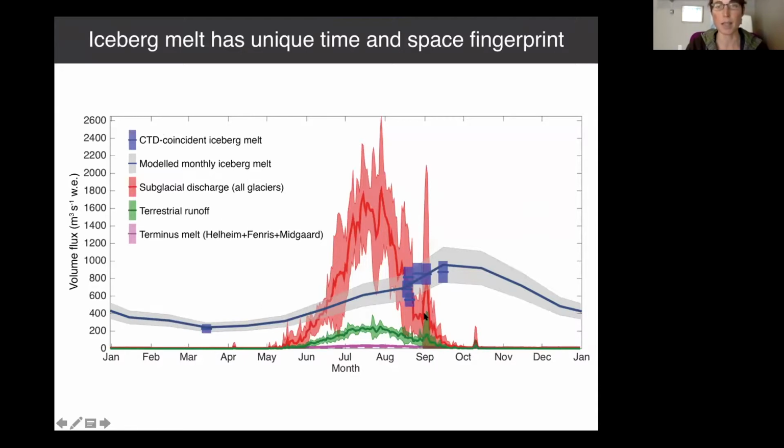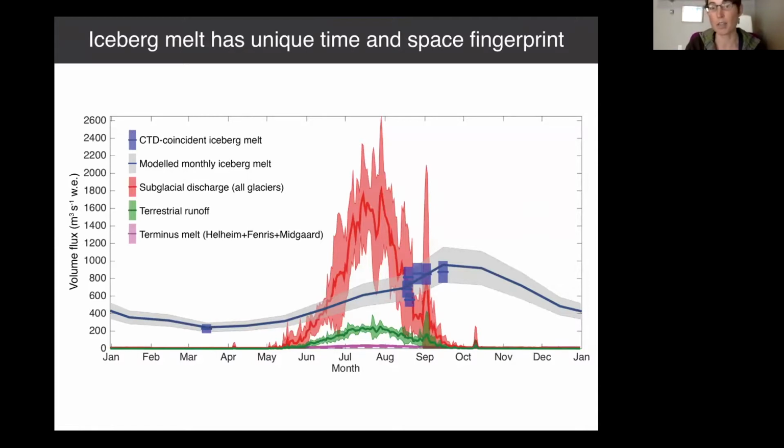And you can get the sense that at no point do we have a single time when iceberg melt is producing the kind of discharge that we get from subglacial discharge at a single time. But if we integrate over this whole year, iceberg melt is the largest producer of fresh water in the Sermilik Fjord. And this peak is offset by about 2 months because icebergs are responsive to our ocean temperatures, not to